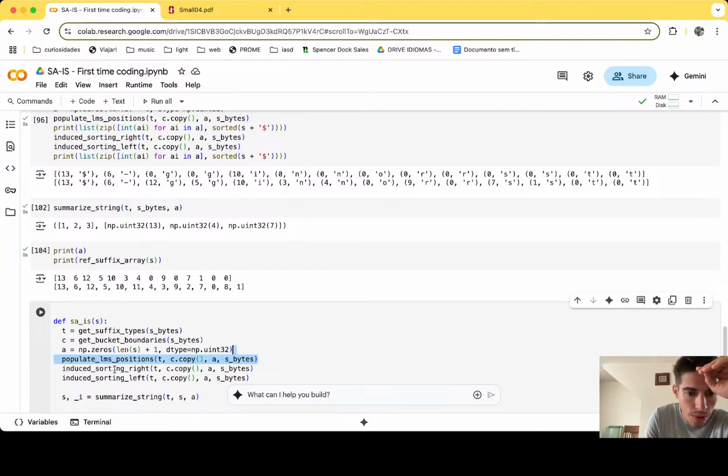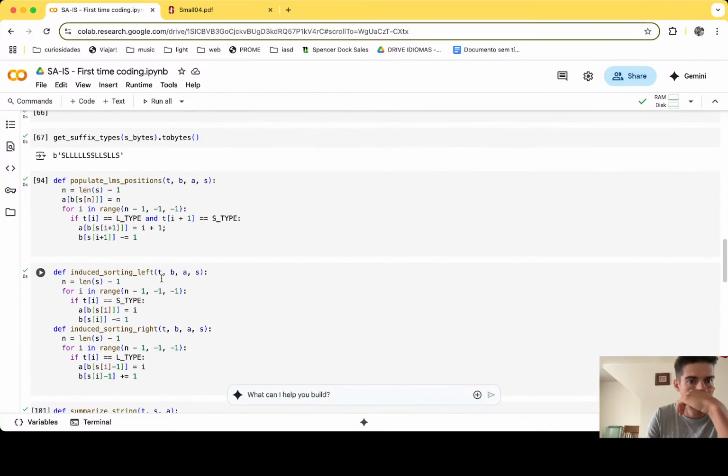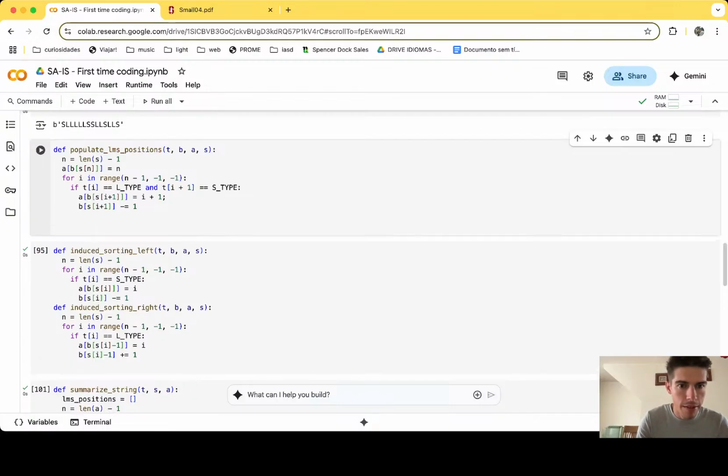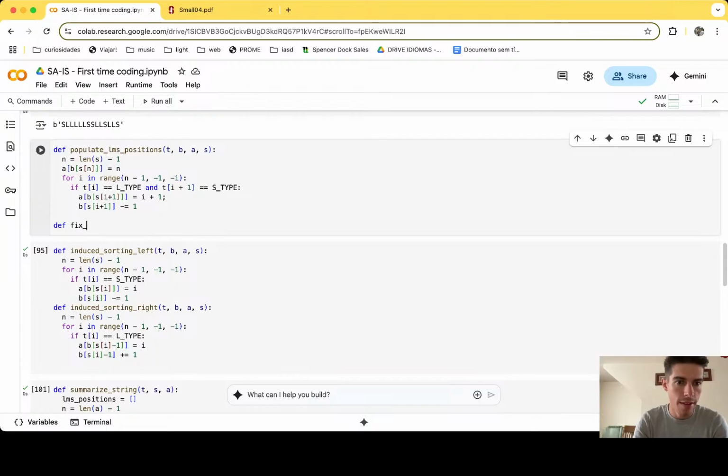Now we are going to repeat this with basically this one. So we are going to create a very similar, let's say fix LMS positions, with, we don't need the T anymore because we already know that they are, but